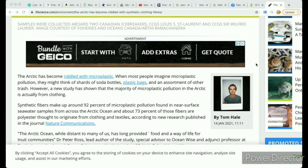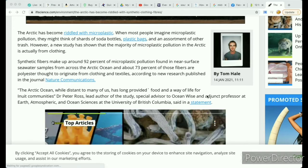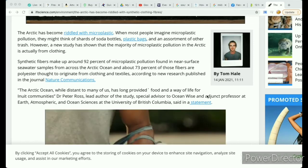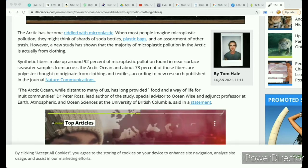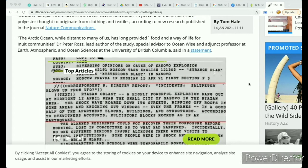When most people imagine microplastic pollution, they might think of shards of soda bottles, plastic bags, an assortment of other trash. However, a new study has shown that the majority of microplastic pollution in the Arctic is actually from clothing. Synthetic fibers make up around 92% of microplastic pollution found in near-surface seawater samples from across the Arctic Ocean, and about 73% of those fibers are polyester, thought to originate from clothing and textiles, according to new research published in the journal Nature Communications. The Arctic Ocean, while distant to many of us, has long provided food and the way of life